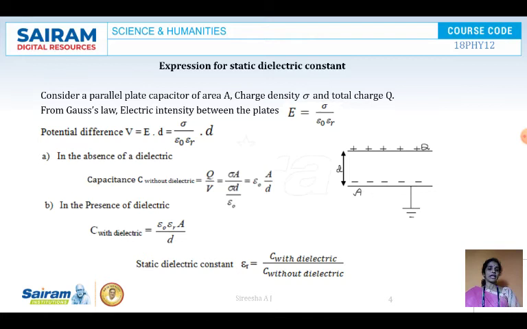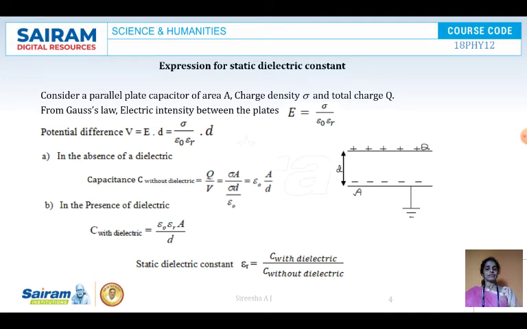You can see from the diagram there is a distance D, separation between the two plates. If that separation is not filled with any dielectric medium, we will see what is the ability to store the charge, which is nothing but capacitance. So C in the absence of dielectric is C is equal to Q by V. Q is nothing but sigma A and V is equal to sigma D by epsilon naught. So without a dielectric placed in a parallel plate capacitor, capacitance C is equal to epsilon naught